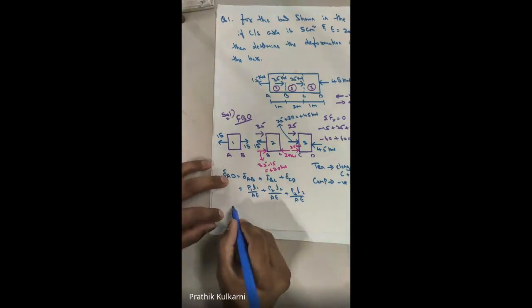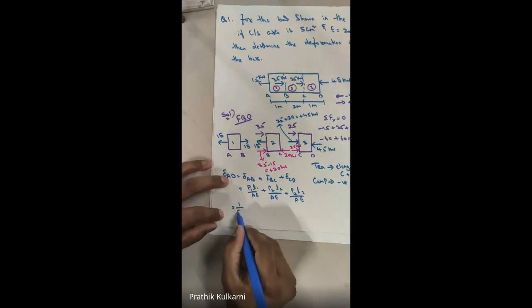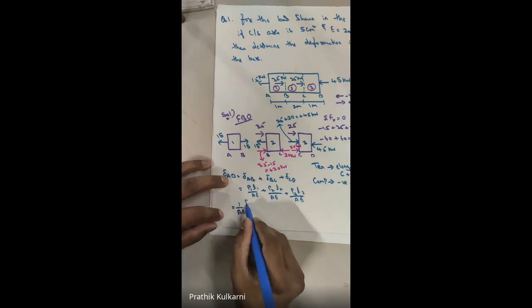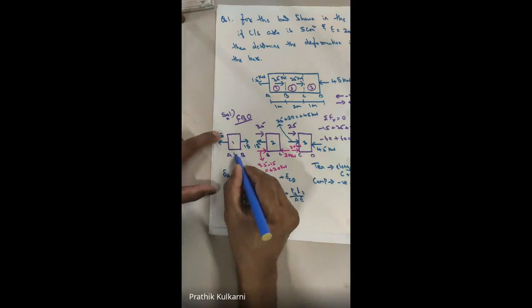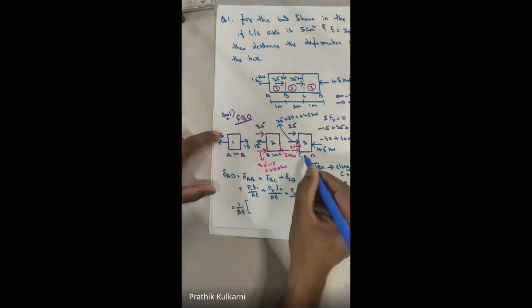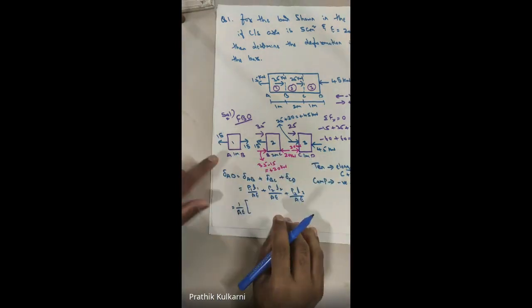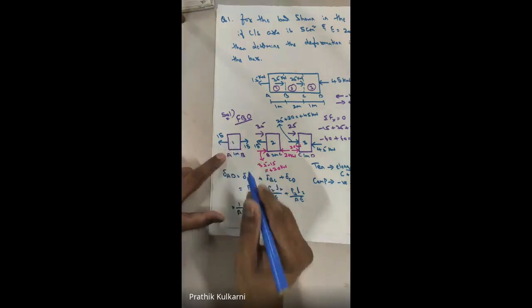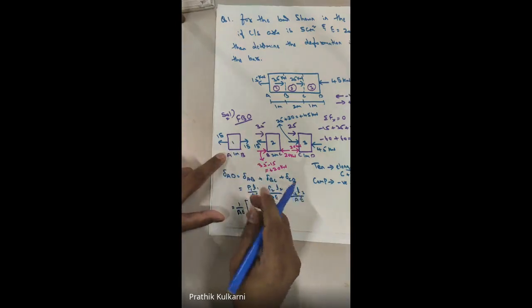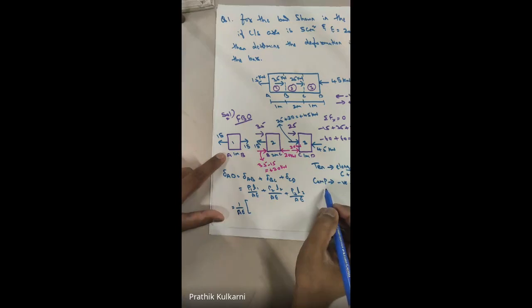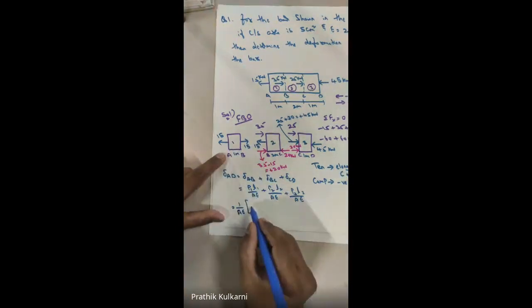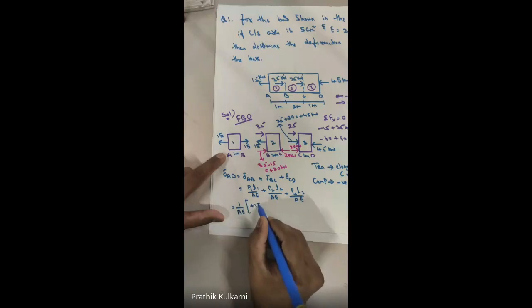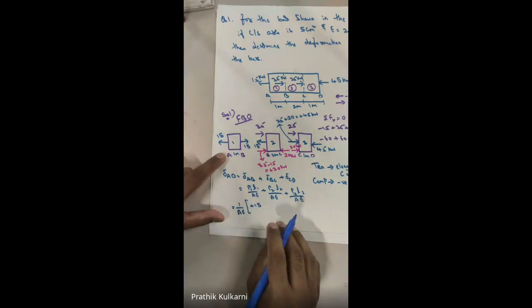So what can I take common? Can I take common as 1 by AE? Fine. Then what is my P1 L1? Fine. So the distance here it is 1 meter, here it is 2 meters, here it is 1 meter. So here if you see, in this portion, what is my load? Is it acting tension or compression? Elongate कर रहा है या उसको compress कर रहा है? उसको elongate कर रहा है ना? So if it is elongating, then it is plus 15. Yes or no? Then it is plus 15.